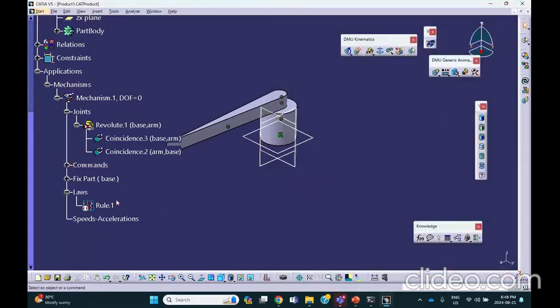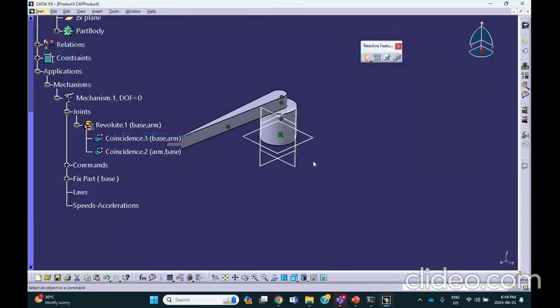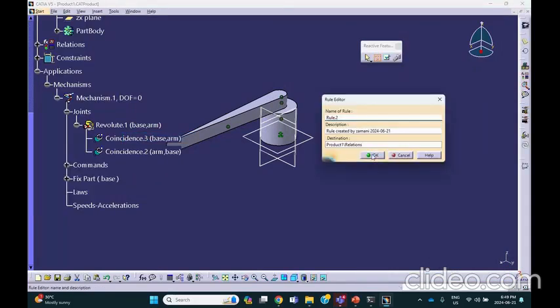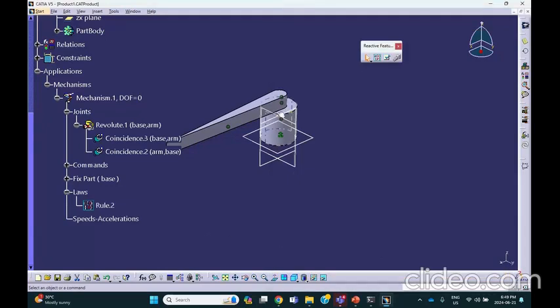Delete this. Add another rule. Remember how to do that? You go to KnowledgeWare, Knowledge Advisor. Click on that. Rule number 2, and just Control V, right? Control V. Okay. So this is all correct. And then say okay. There we are. And now we're going to go to